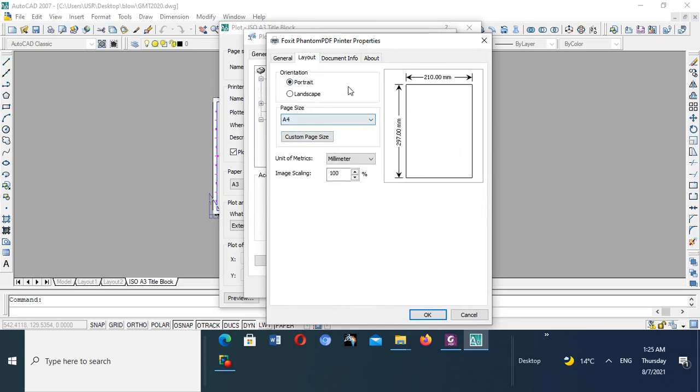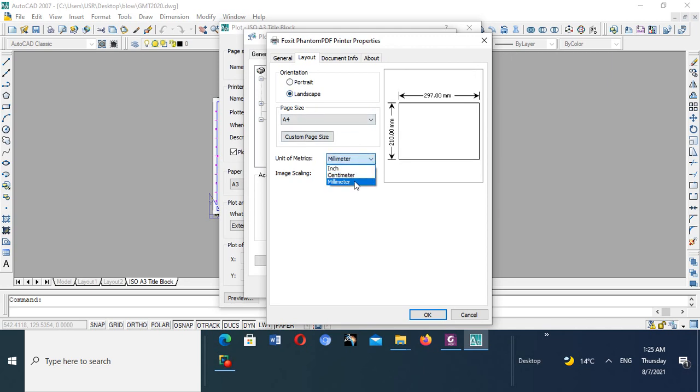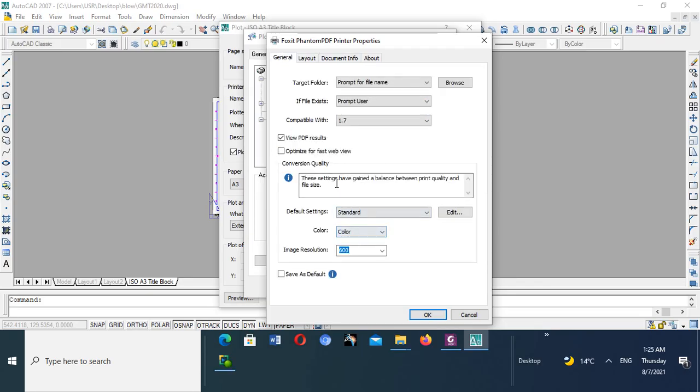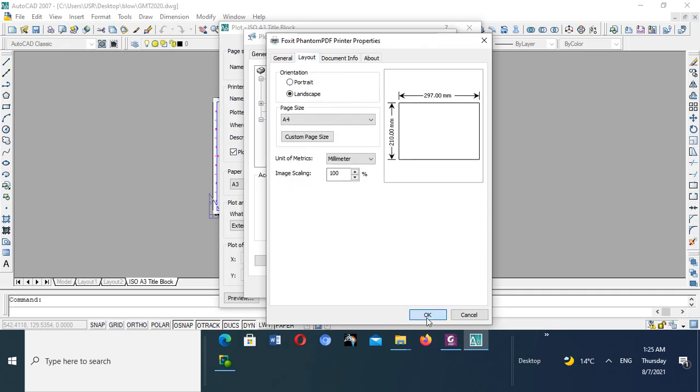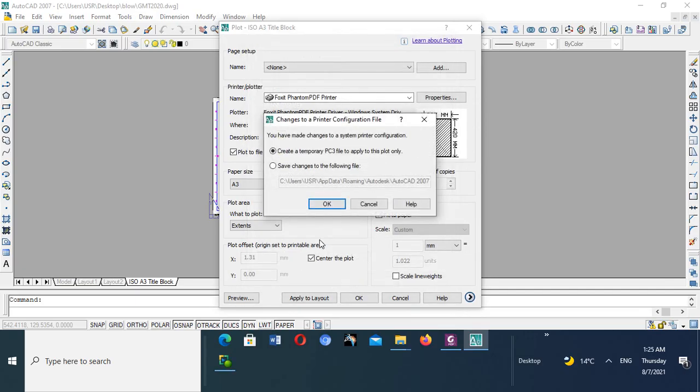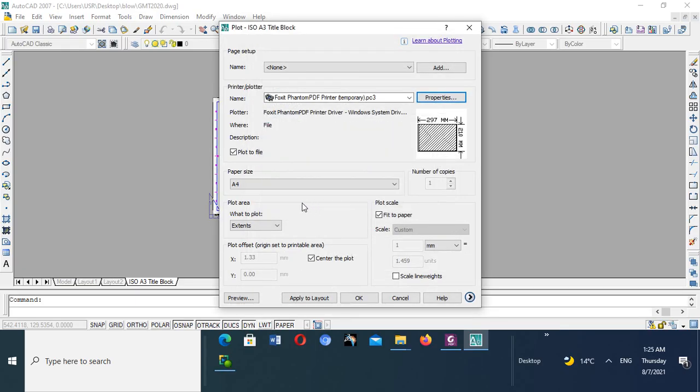Sometimes you might want it as a landscape, then this is our units, you can change to millimeters. Then these are the chief parameters that must be changed. Then you go OK, then OK, then OK, then this what to plot, you can select